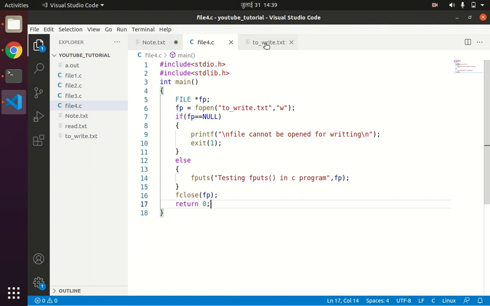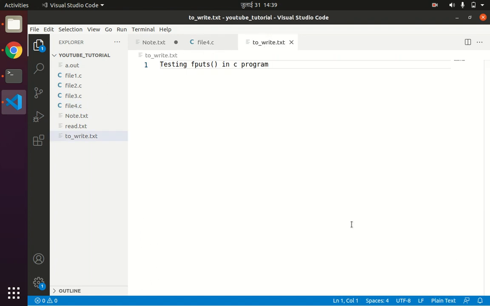I can see the content has now been overwritten by the string "testing fputs in C programming language". So if you open the file in write mode and the file is not there, then it will create a new file. If the file already exists, then the write mode operation will overwrite the content of the given file. So the content is overwritten.